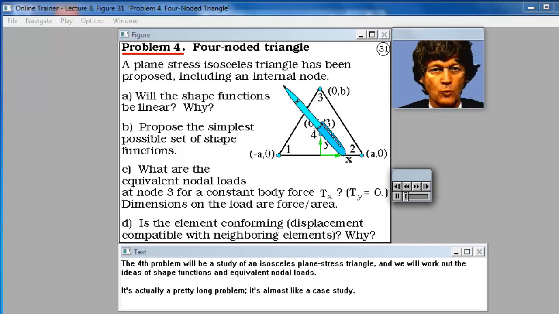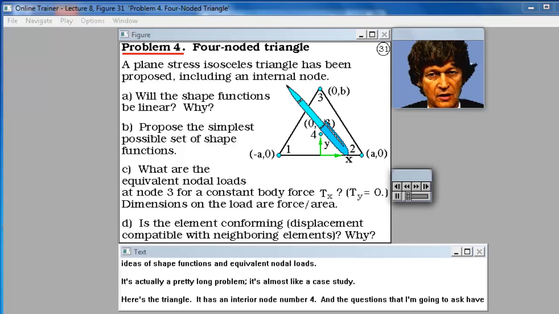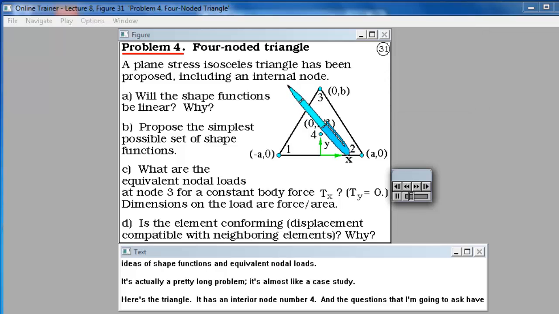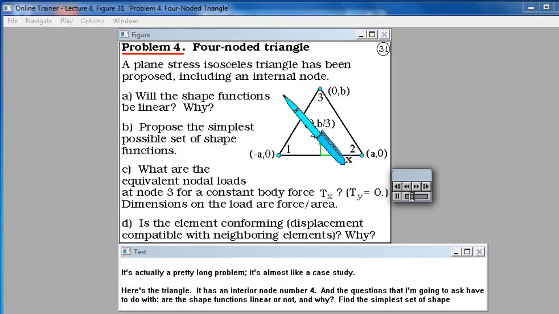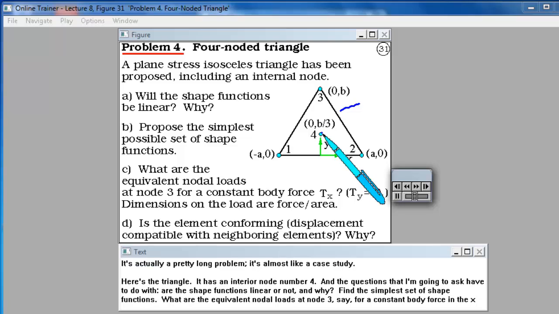The fourth problem will be a study of an isosceles plane stress triangle, and we will work out the ideas of shape functions and equivalent nodal loads. It's actually a pretty long problem. It's almost like a case study. Here's the triangle. It has an interior node number 4, and the questions that I'm going to ask have to do with,